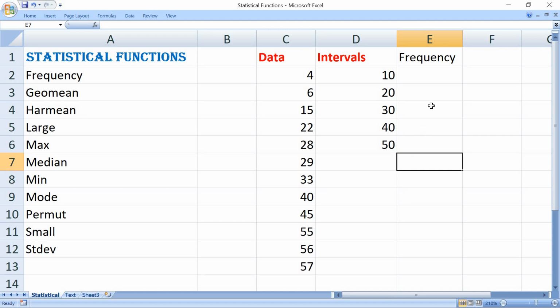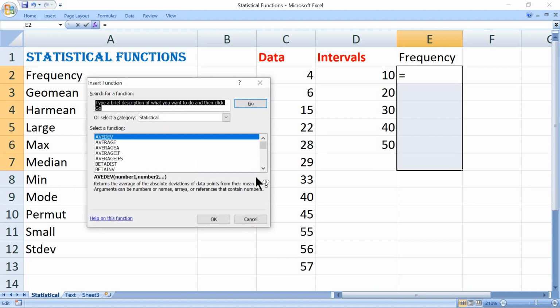Before we enter the formula, in E column, select the list of cells and one extra cell. Why one extra cell? Above 50 category numbers will go for this particular last cell. Let's go back to the insert function dialog box. Frequency.